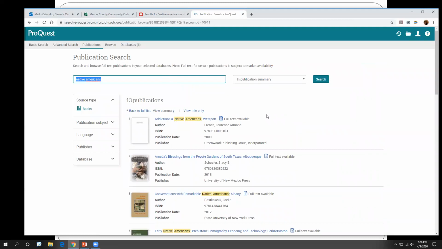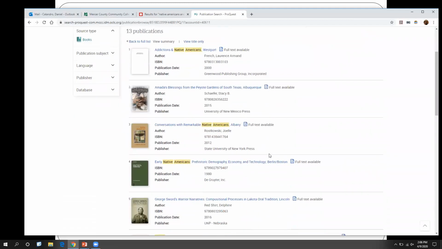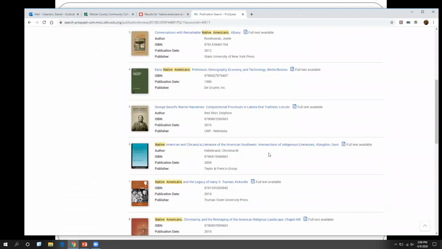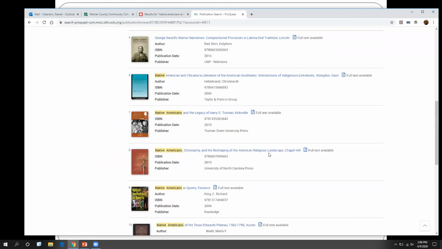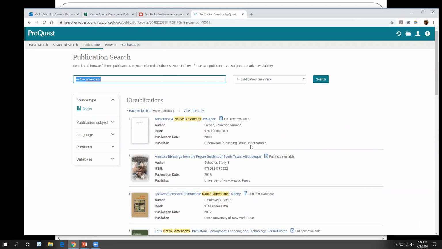And if we do that, what you're looking for is this. See where it says full text available, okay? You want to go ahead and make sure it has that because that's going to kind of give you the articles that you need. And you can see actually these are all books. So we found a whole bunch of books here for this topic, okay? What's great is you can then go ahead, click on it, and it'll take you to that book.